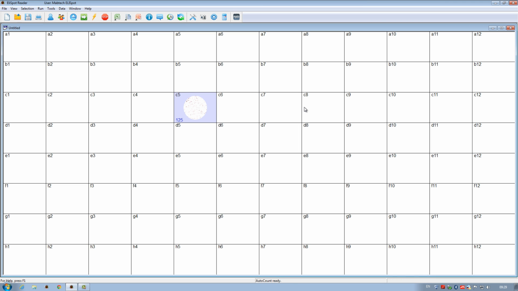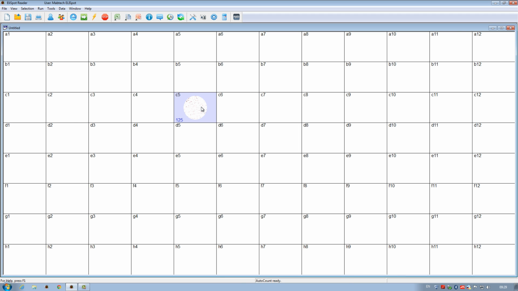After doing this, the stage moves the plate into position so that the well C5 can be captured by the camera system. The image is processed by the reader and a counting algorithm performs its task of counting all the spots inside of the well. The process of doing this is almost instantaneous and will show up in real time here in the default plate view. As you can see, the reader is already done and has detected 125 spots in the C5 well, which are presented in the lower left corner of the C5 box.